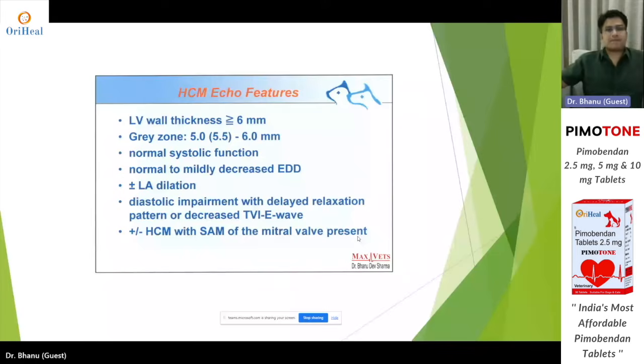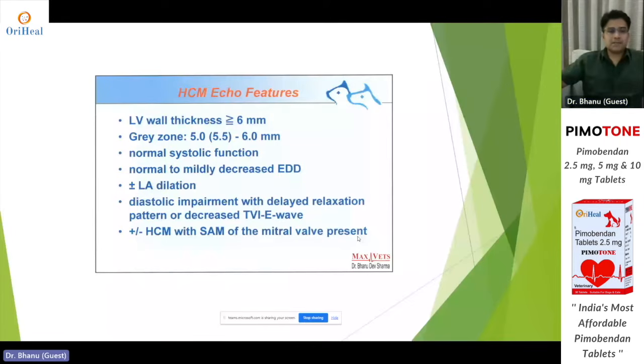So, HCM echocardiographic features. Echocardiography, my dear friends, would be the gold standard to diagnose hypertrophic cardiomyopathy, because we are primarily looking at the wall thickness of the left ventricle. That would not show up in the X-ray, on the ECG, or on the cardiac biomarkers test. So one has to refer for an echocardiography in order to diagnose hypertrophic